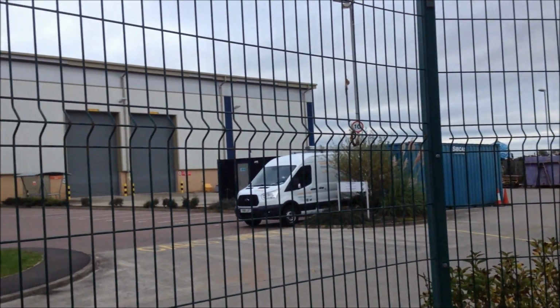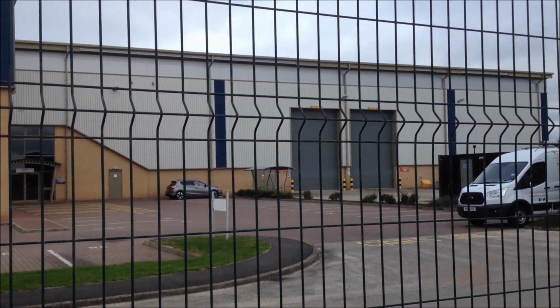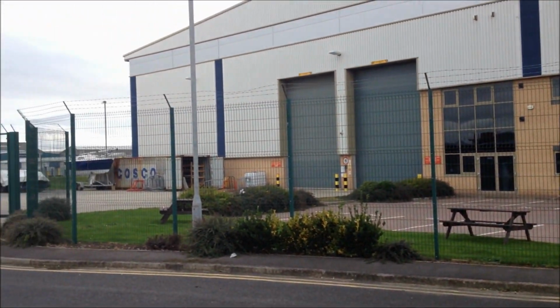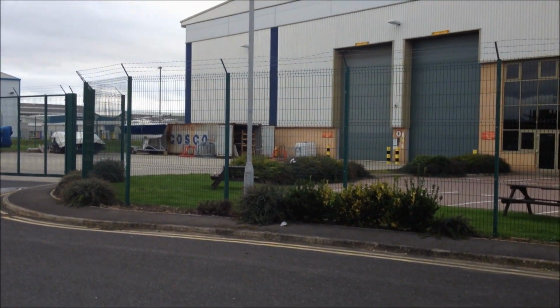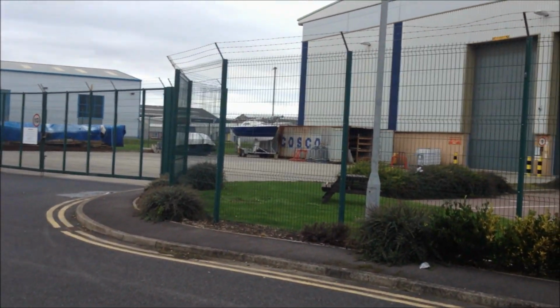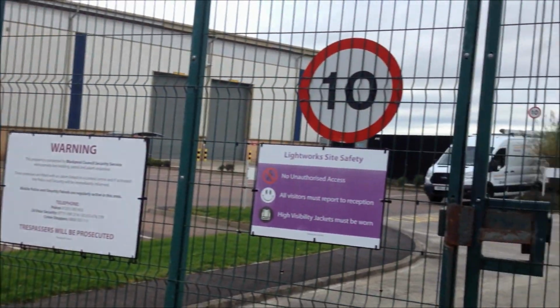Love to get in there and have a little mooch. There's some more double up and over doors. And as I said, this building here was purpose built. It's just huge, the size of it. That's another